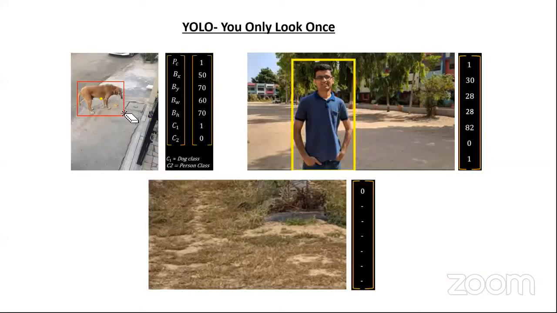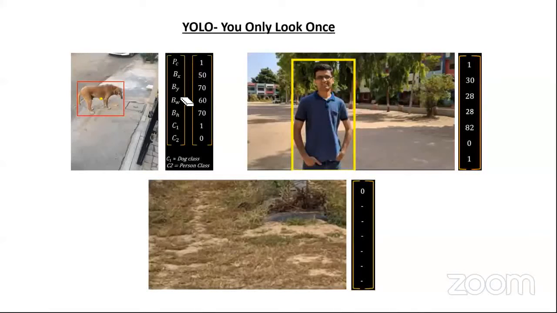Okay, let's concentrate here. How will you create your vectors for training this YOLO architecture? First you have an attribute which tells you whether there is an object inside your image or not. So yes, there is an object, so PC will be 1.